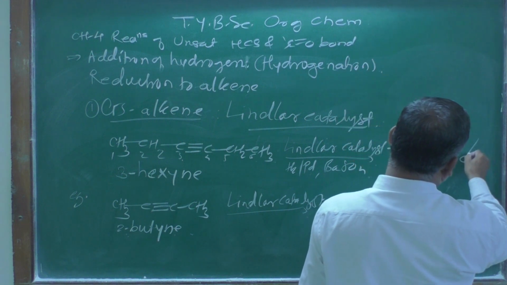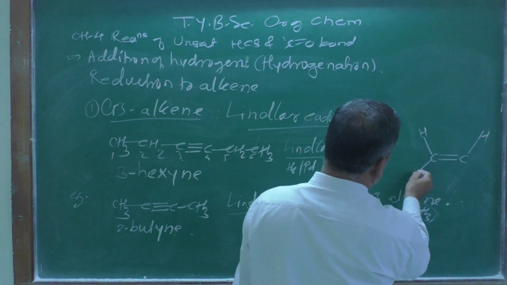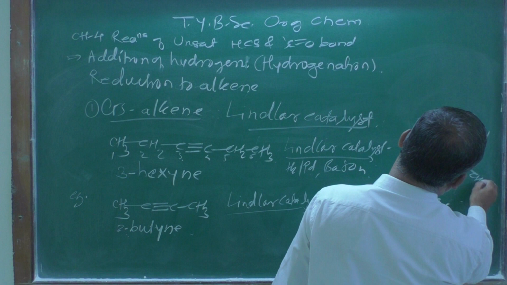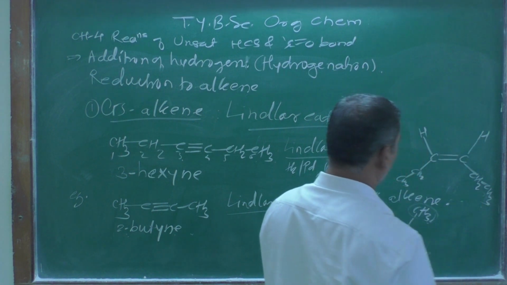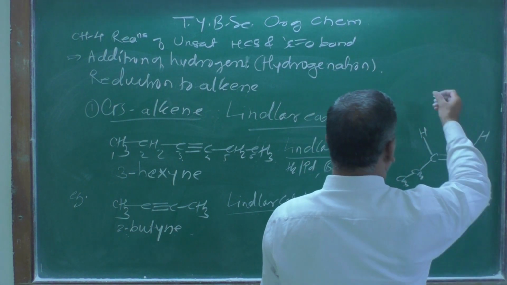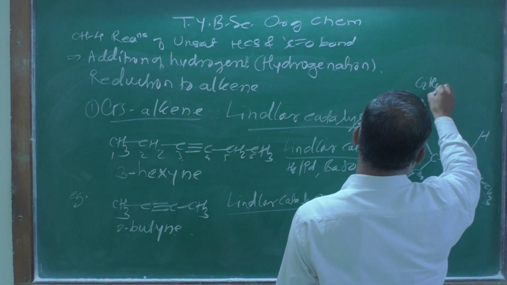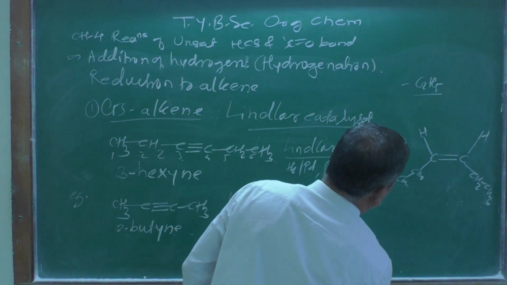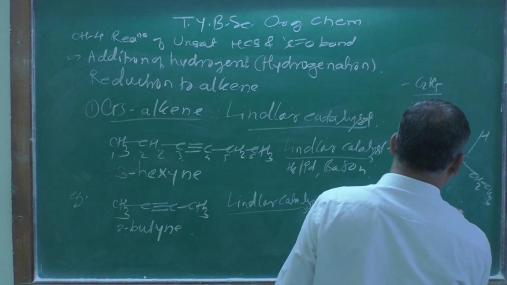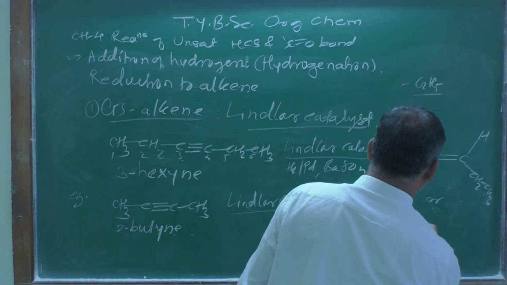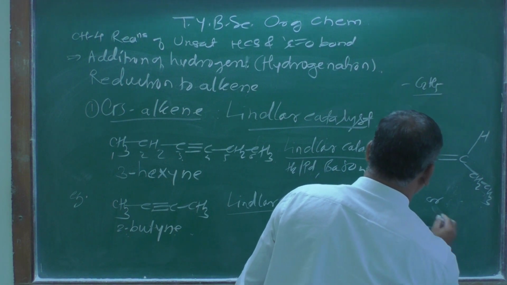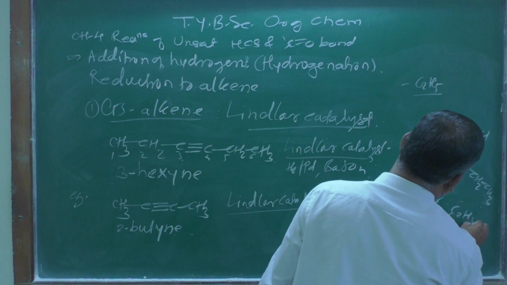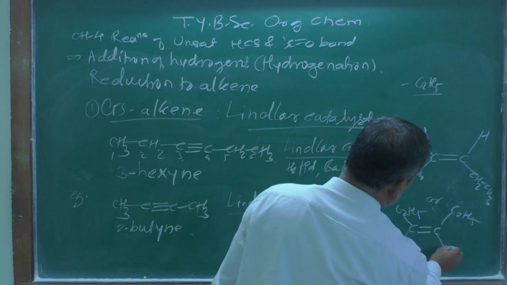Here H, here you can write CH2 and CH3, here also CH2 and CH3. Both the ethyl groups you can write in this manner, C2H5 in short also. So we can write this structure either this way, or like this: carbon-carbon double bond, C2H5, or here C2H5, hydrogen atom here, hydrogen atom.